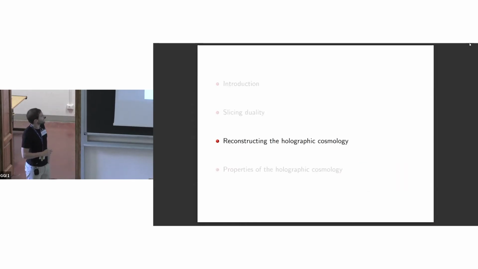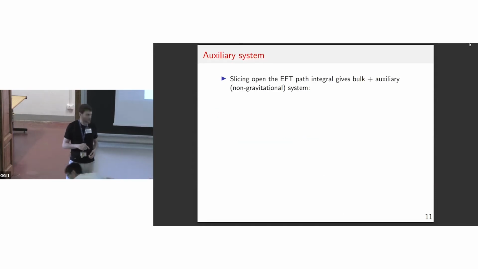Okay, so now we have an idea what this slicing duality is. Let's try to understand how to reconstruct this cosmology from the dual microscopic theory, and also what kind of properties this cosmology has. So the first thing I want to go back to, which I neglected before, was the fact that we have this auxiliary system in the bulk